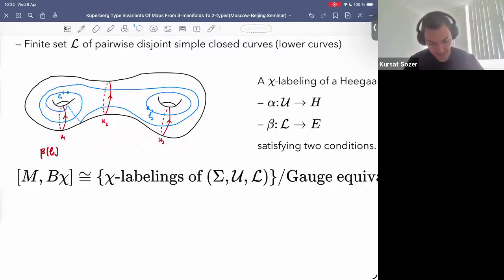This is the lower one curve. And we pick lower curves with the base point. If we take its crossed module homomorphism, this must be equal to this alpha